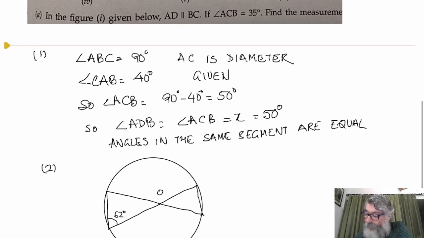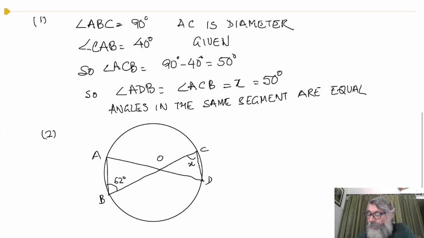Now let me name it A, B, C, D. Now you can see AD is the diameter, as well as BC is a diameter. But neither AD is the side of any triangle nor BC is the side of any triangle. So we cannot say that angle in a semicircle is a right angle. We cannot apply that property. But he has given you O to be the center.